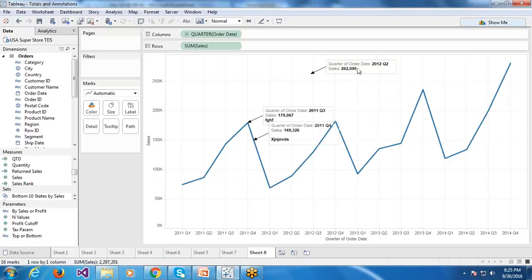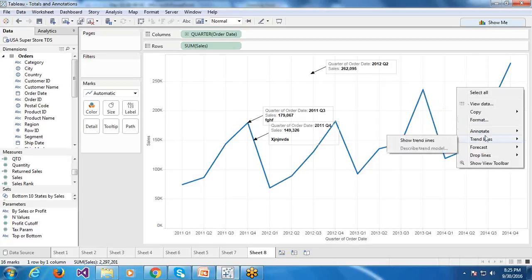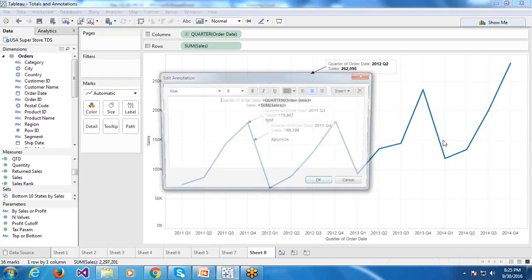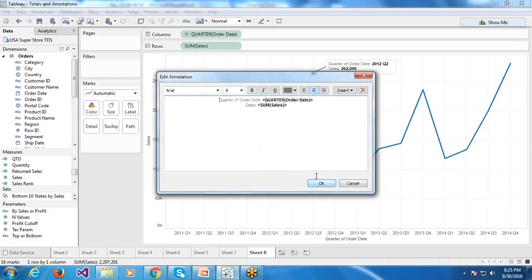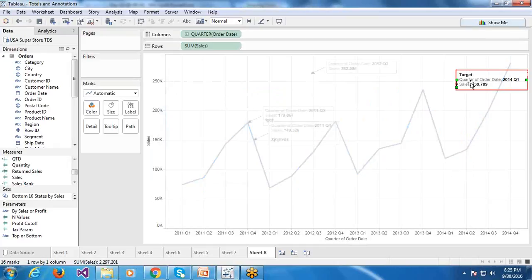So it is not only that. If you want to say, this is your expectation or target, something like that. So this was your target. It is well below that. Not only for target, you can use it for anything else. But it is associated with axis, not the mark.